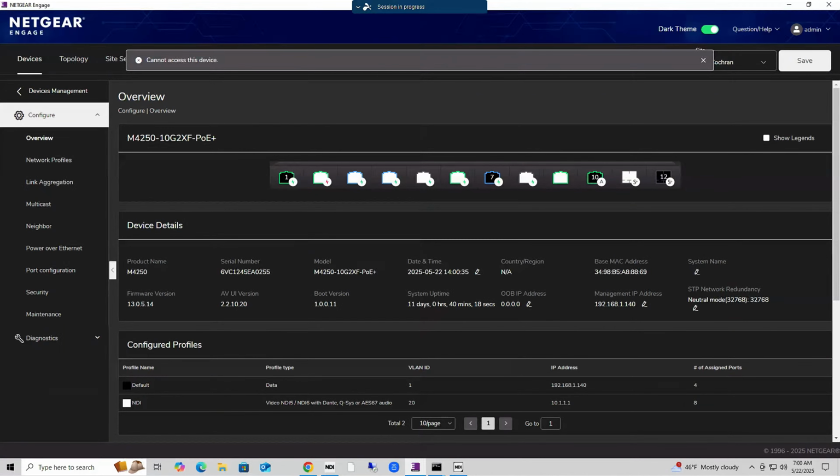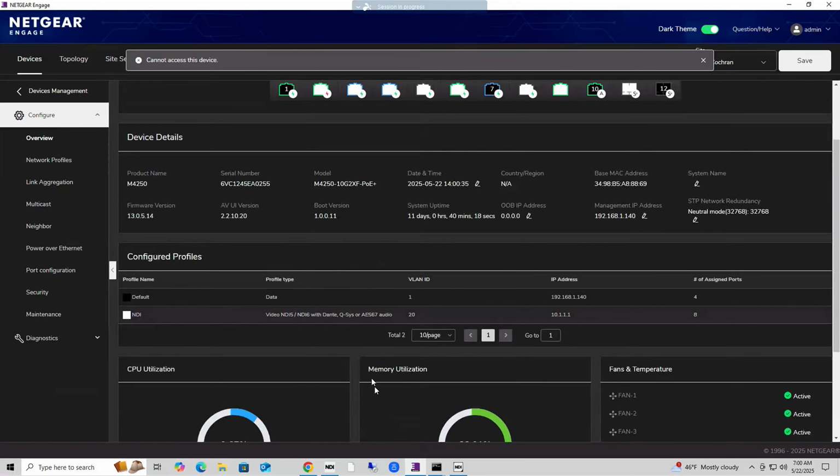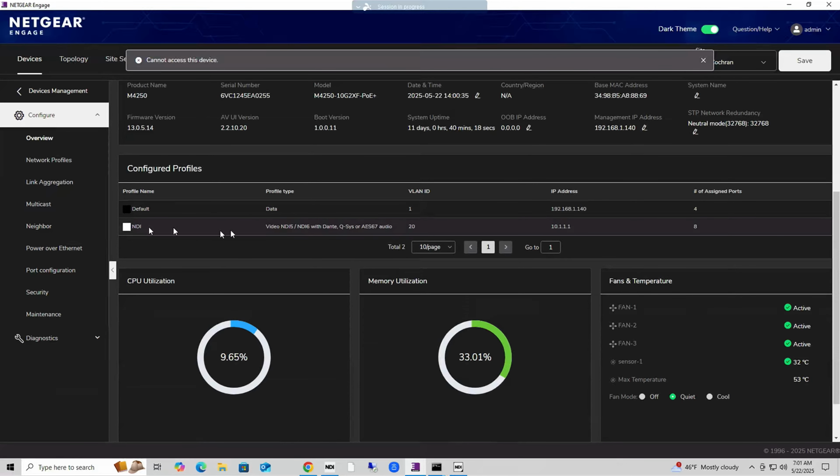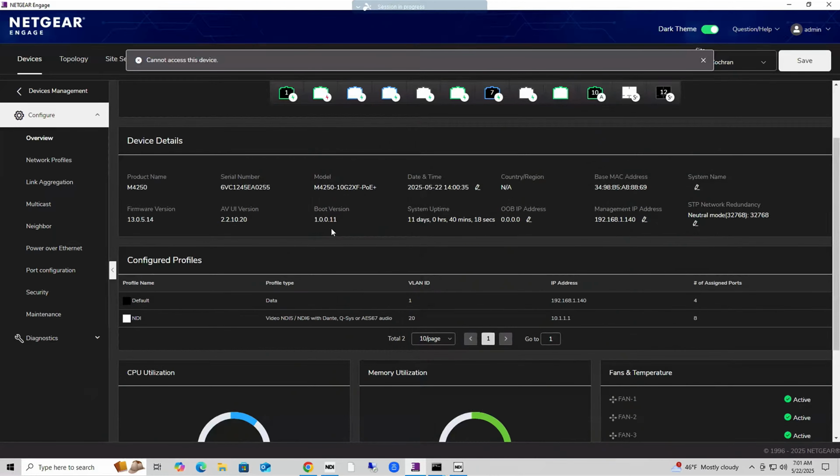The best way is to use a VLAN or a physically separate network. For example, on a managed switch like an M4250 here, you can actually select the ports that you want to be configured as, like here, this one says profile name NDI, but this profile actually handles Dante as well. You can do dedicated Dante profiles, but this would be the easiest way is to just buy a 4250 with these ports already done, because